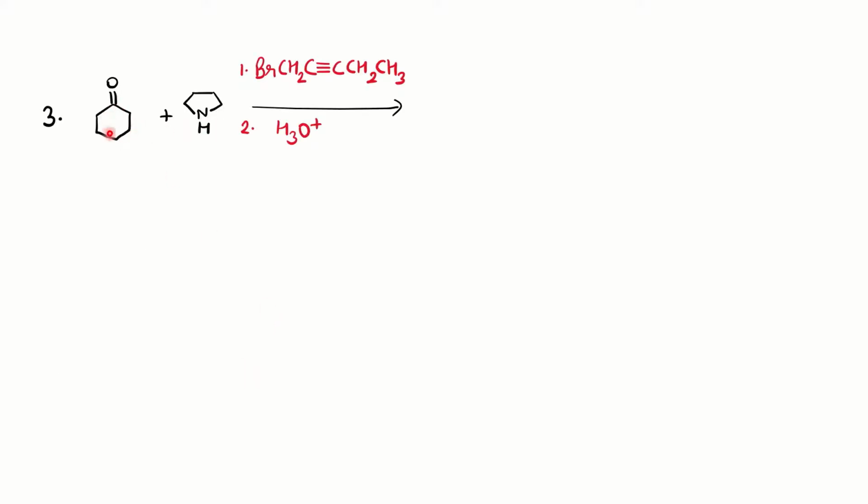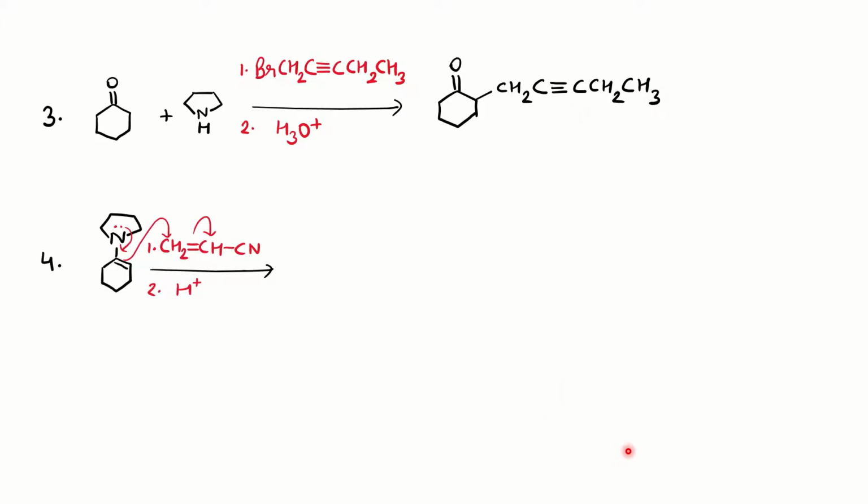You have, again, a ketone, you have an amine here, and again a reagent is given. This is the alkylating agent. Finally hydrolysis. You have a Br, which is a better leaving group. So finally you can directly write down the product here, attaching it at the alpha position by removing the Br. So this is the trick you can use in competitive exams, where the multiple choice question with options A, B, C, D is given. You can directly write down the product without solving the mechanism. So you can save your time also.